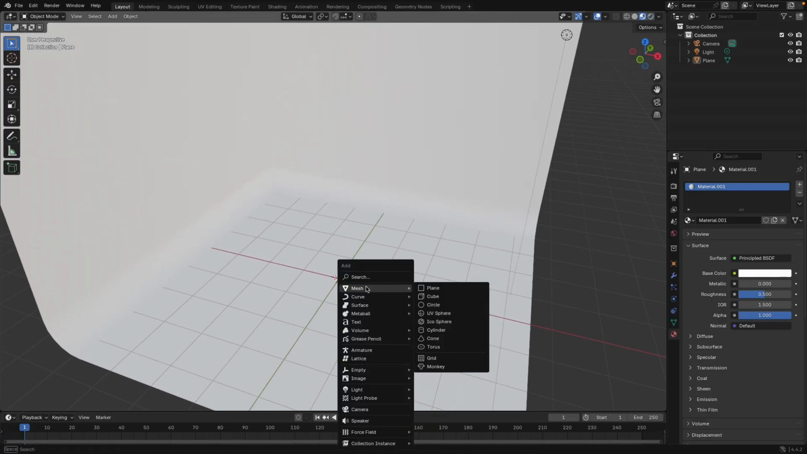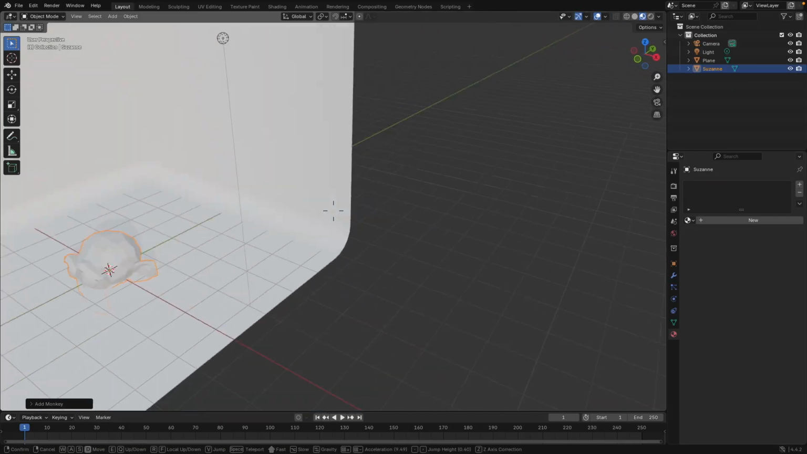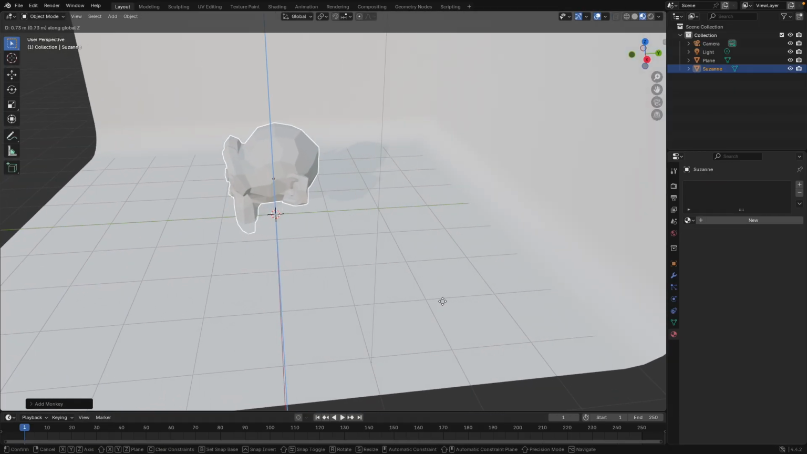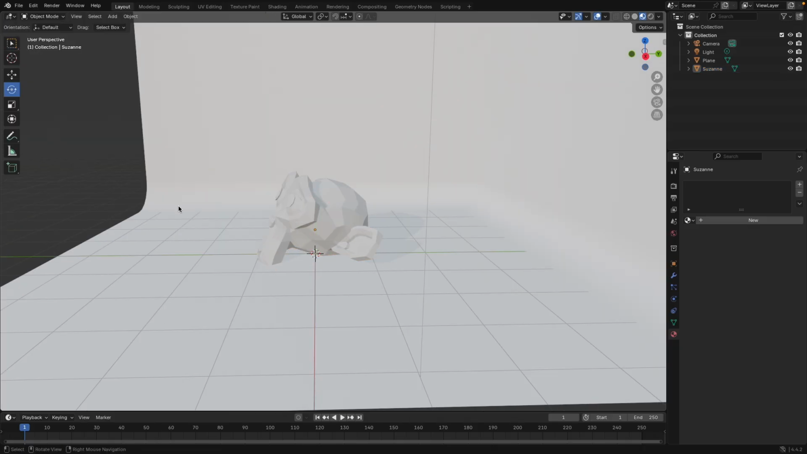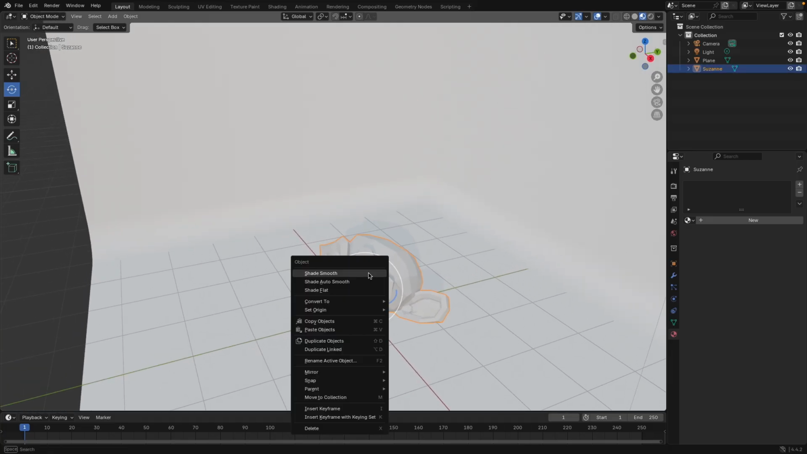Next, let's create an object that will be our glass. Let's get the monkey Suzanne. So I'm just gonna rotate it how I want. So I'm thinking like that should be alright. Then let's do shade smooth,